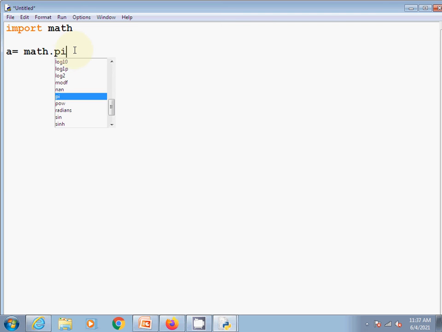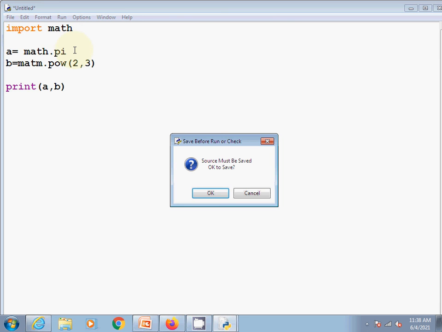Okay, in A I am using pi. B is equal to math.pow. The first one is the base, the second one is the power, 2 raised to the power 3 it means. Okay, and I am going to print it. Print A, comma B. Okay, F5.